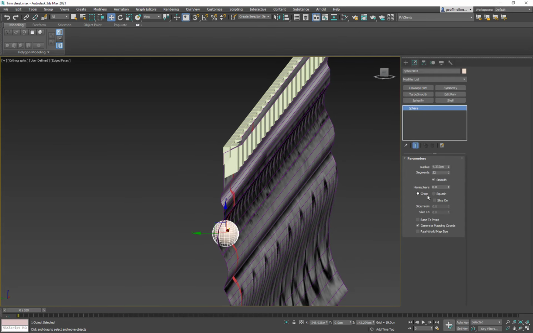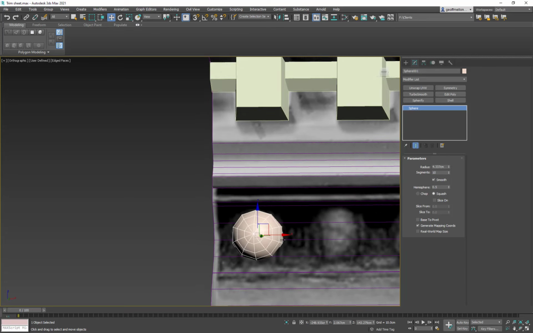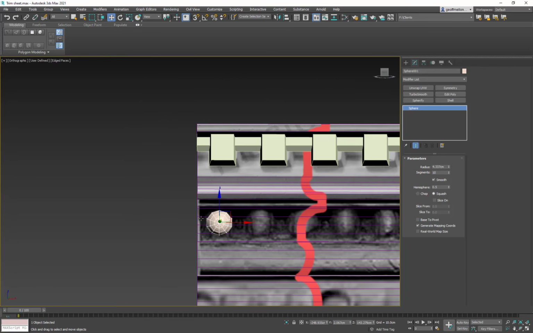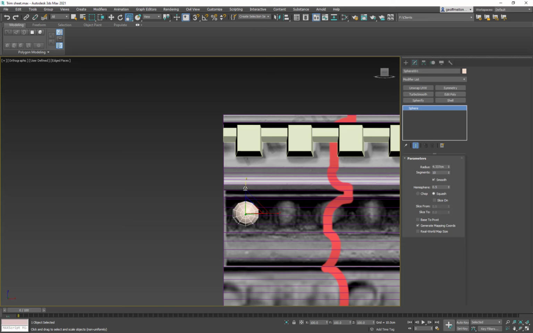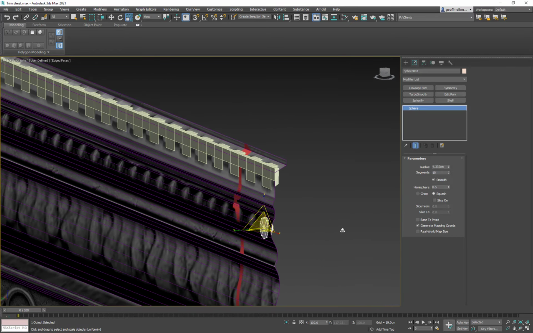A couple things you can do with this. Go to squash 0.5, so it only uses half of it. But so you know, when it uses half of it, it also uses the same amount of subdivisions. So if I go to 10, that's probably better. And then eventually I'll delete the back, but then I'm going to scale it. Let me do the Alt X on this a little bit more here. Scale it, and again, I have a really crappy image, so